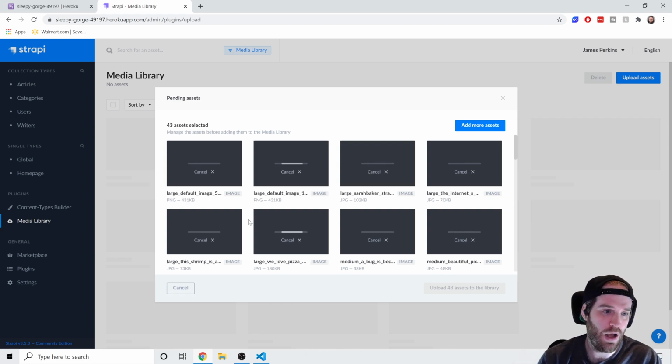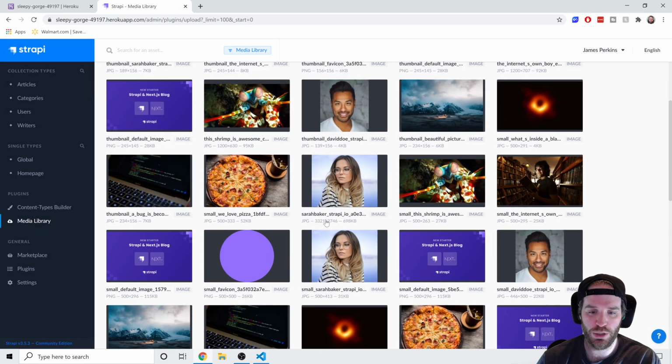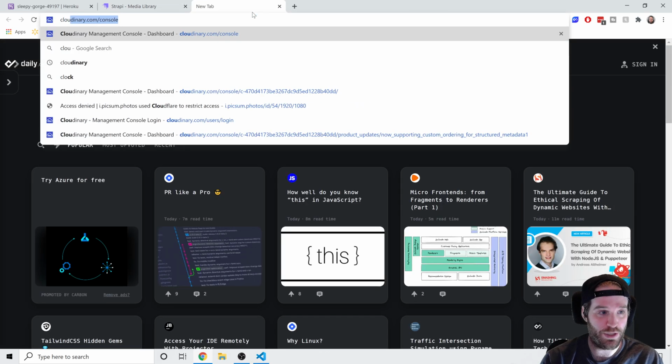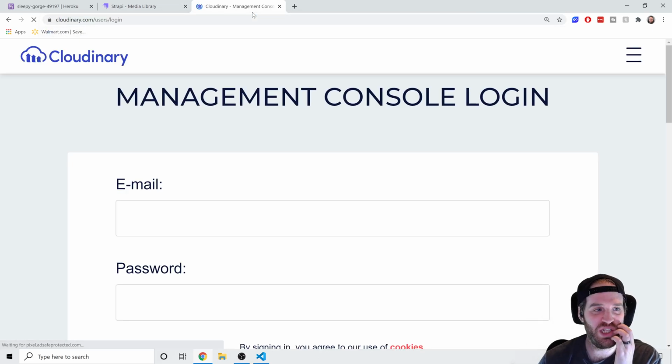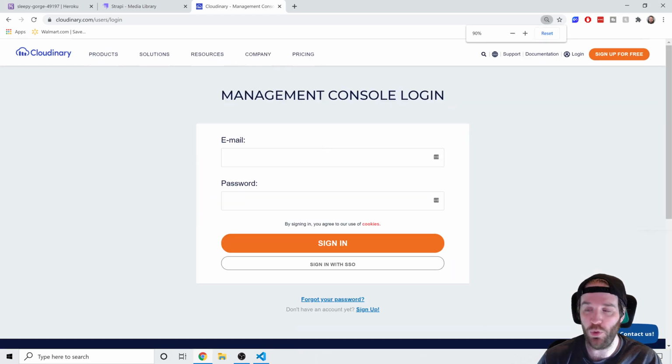So once that's done, I'll meet you back in the media library where we can talk about how asset management actually works. So as you can see here, all of these have been uploaded to Strapi. So what you can do to make sure your Cloudinary is working as expected, if you log into your Cloudinary management console, it's really zoomed in from before, but let's just log in real quick and let's take a look at